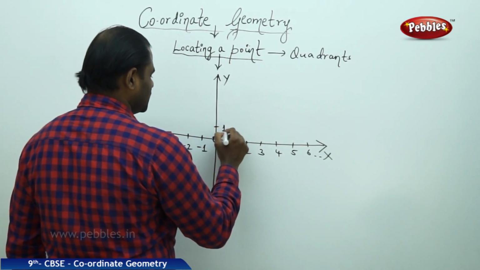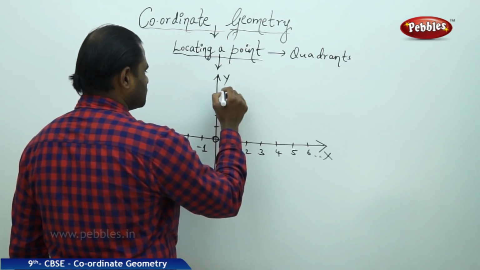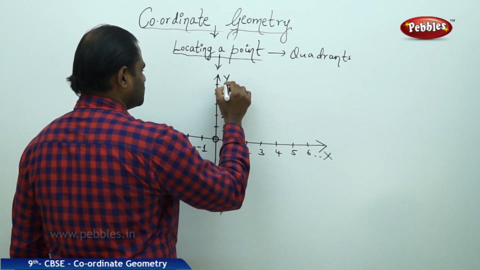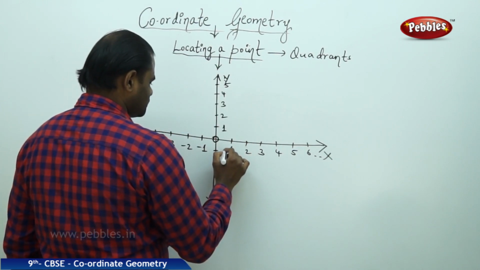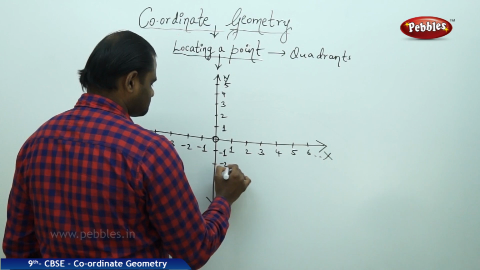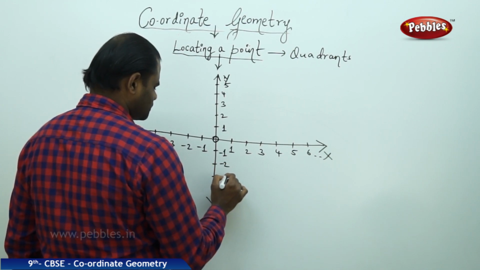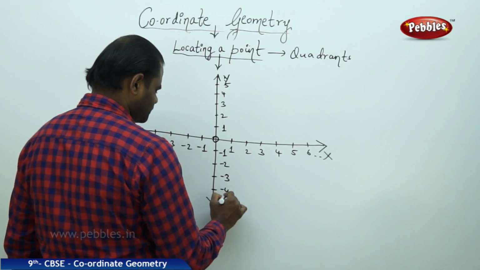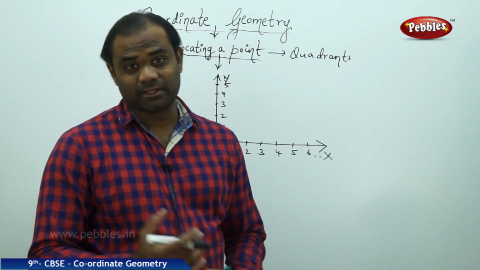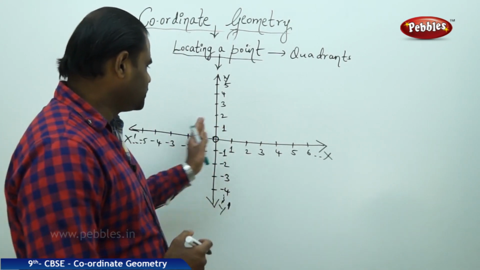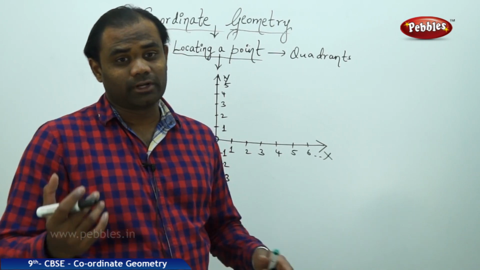Here lies 1, 2, 3, 4, 5. Minus 1, minus 2, minus 4, minus 5, etc. So I have each of the x values on the x and y axis, as we have already discussed in the